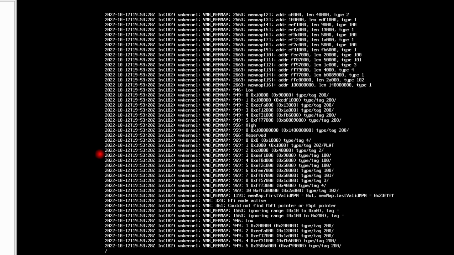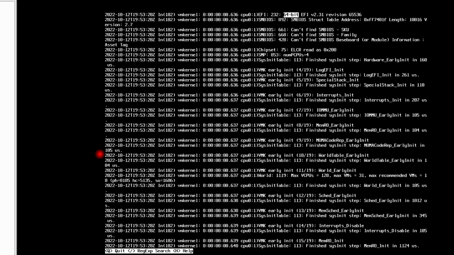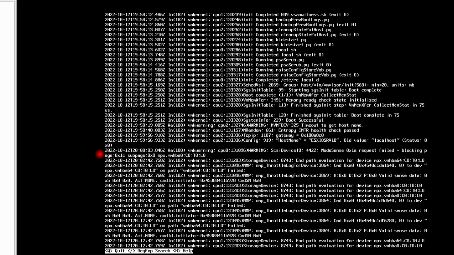I will type here 64-bit and hit enter. It has highlighted all the entries containing 64-bit. You can use the N button to go next. I will press Q to quit.